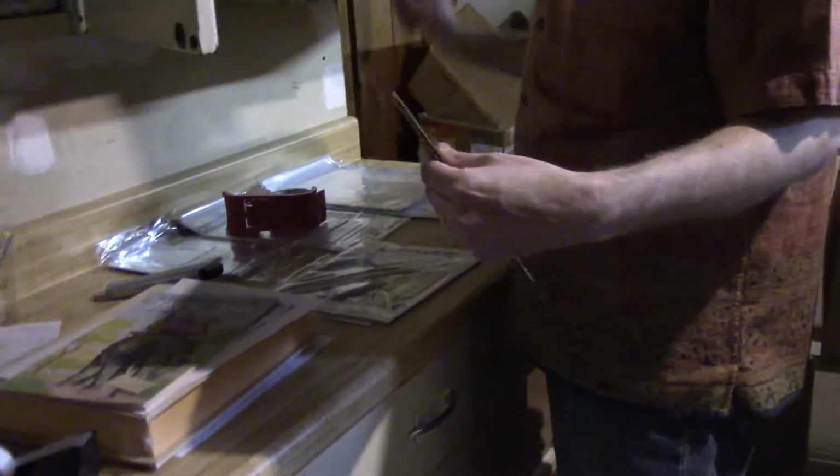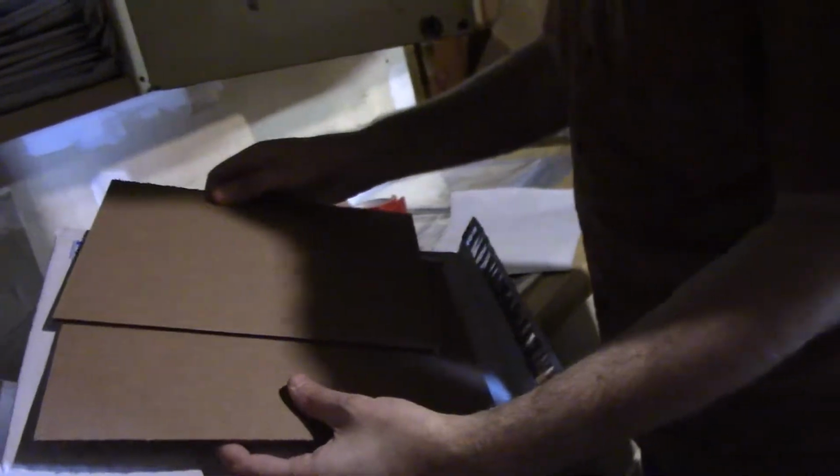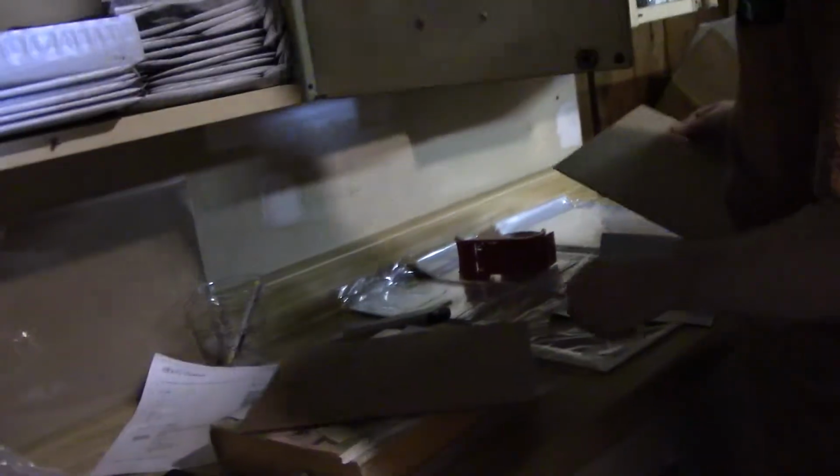Because this item went for 99 cents, I'm just going to use a regular poly bag mailer like this. If it goes for more money or is more fragile, I could use one of these as well. The nice thing about these, and these are free from the eBay store if you have a store subscription, is this is a standard size. They also sell a little bit larger size, and then you also have to make sure they're the same thickness and everything. But the nice thing about these free envelopes from eBay is both sizes fit in there. And again, I'm not going to do it on a 99-cent item, but on a little bit better item, we would definitely do that. So all you do is you take your envelope,